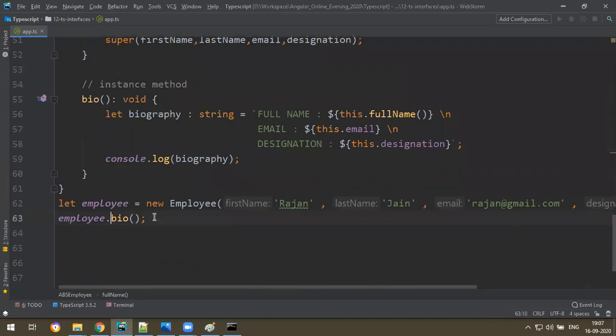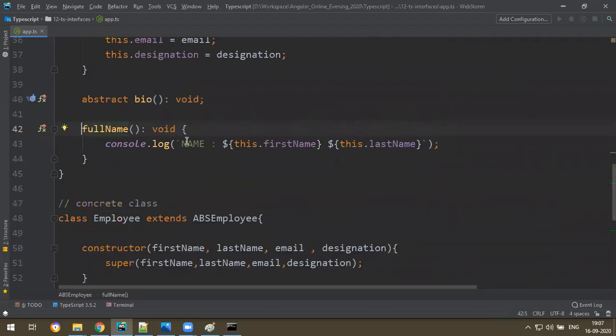See, just like bio is a function, so we can call it like a function. This is also a function. See, when I keep the cursor here,